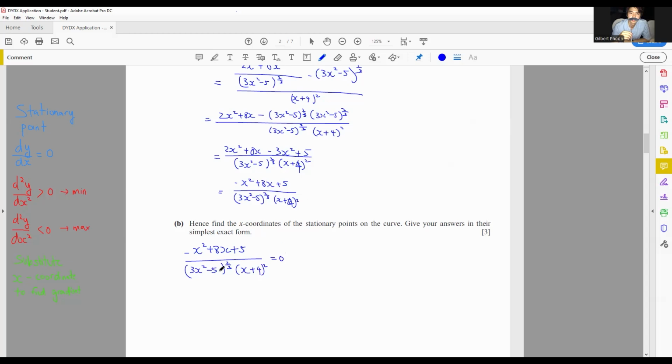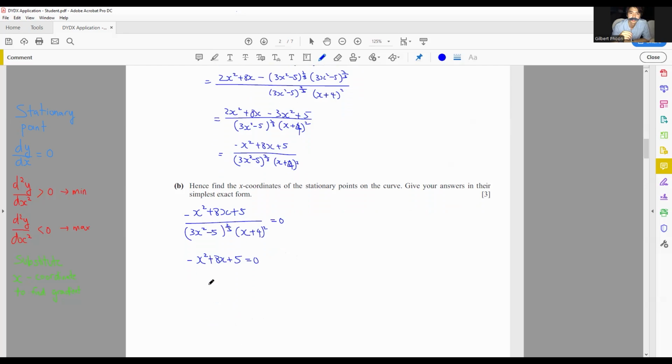What's going to happen is, when you bring these numbers multiplied to the 0, it's still 0. Therefore, it is just straight away x squared plus 8x plus 5 equals 0. Now, since they want it in exact form, you could type it into the calculator and then you will get the x values which are equal to decimals. Or to find the exact form, what you're going to need to do is identify that this is a quadratic equation and use your quadratic formula, for which x is equal to negative b